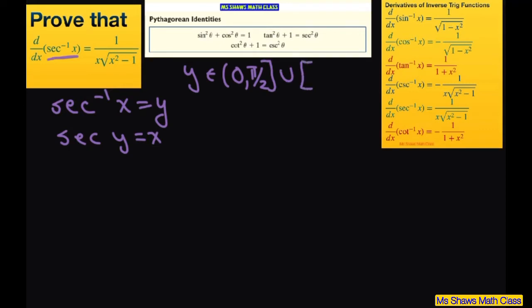or pi to 3 pi divided by 2. So we want it to be positive. All right, given that,